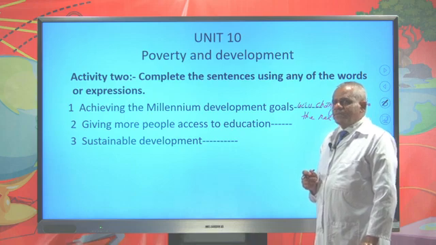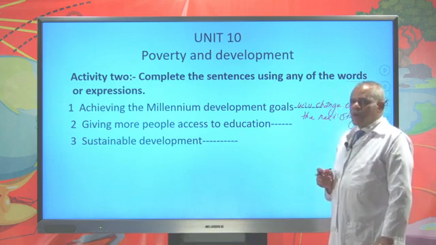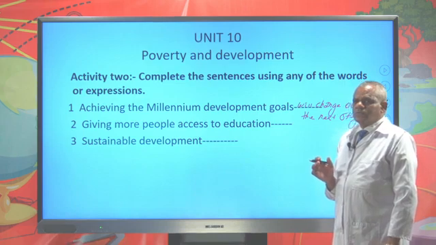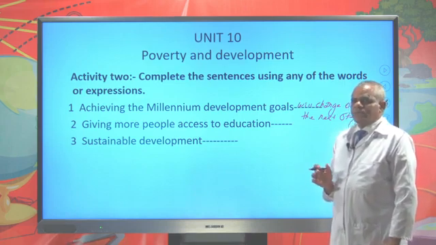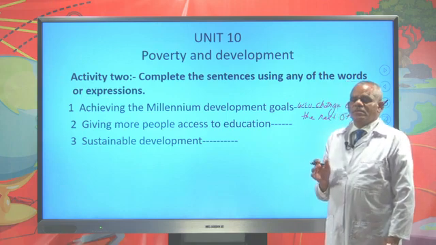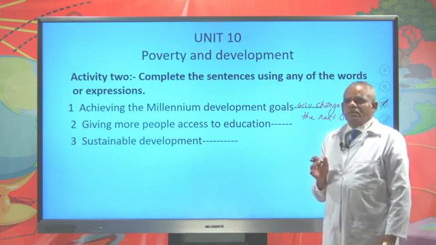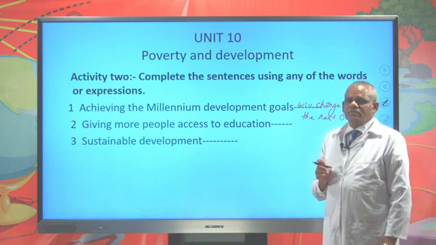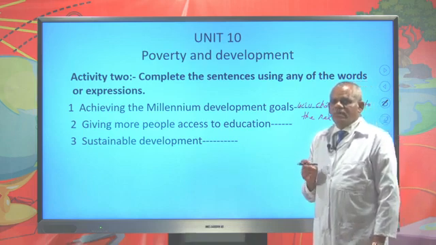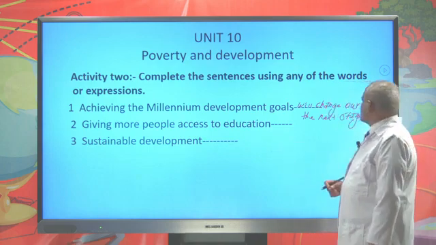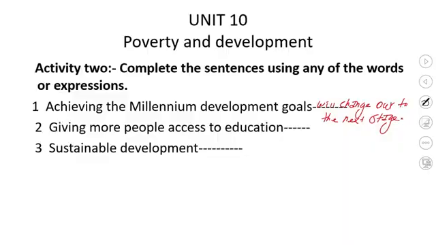Since we have sustainable development, our economy becomes what? Bright. Our economy becomes smart. Our economy becomes achievable or valuable, etc. You can do your own expressions using these kinds of expressions that we have